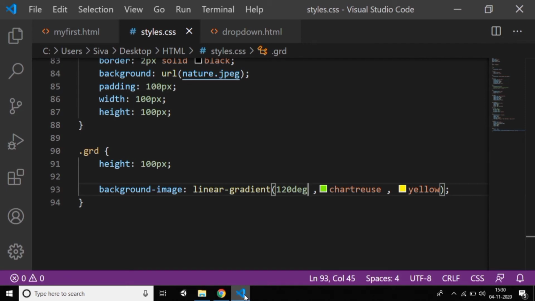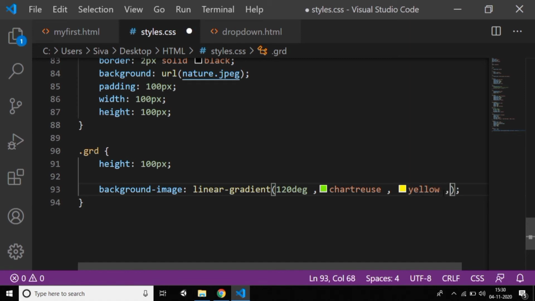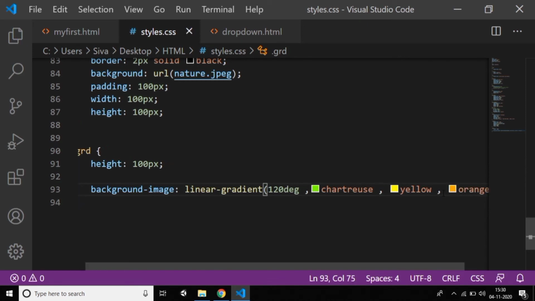You can use multiple colors also. I used only two colors, right? You can use three colors to mix; just give a comma. This time you can give orange, press Ctrl+S and reload. You can see the three colors mixing.